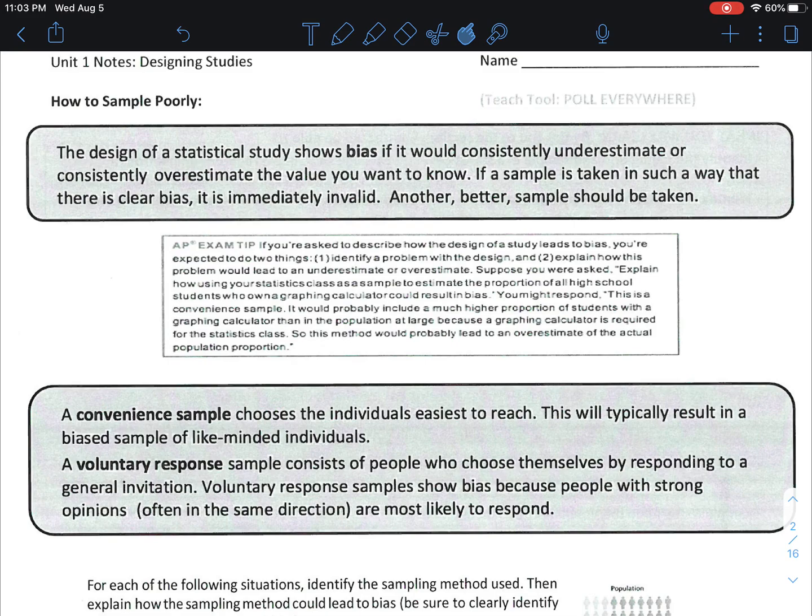Why might taking this convenience sample, which again, convenience sample here shows that it's easy to reach, okay? Easy people, I didn't do anything specific. I just kind of said, hey, who's in front of me right now, okay? Why might taking that sample not be good or show bias for the average age of high school students at Elk Grove? And the good response would be that convenience sample is going to show bias because it is likely